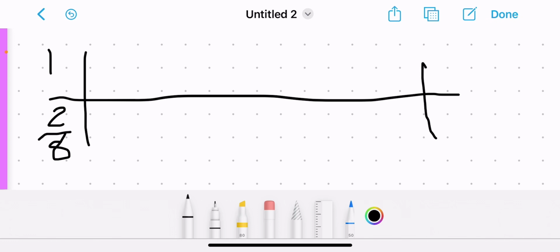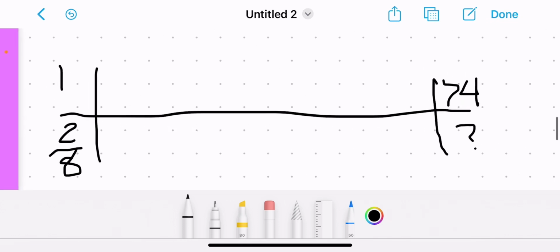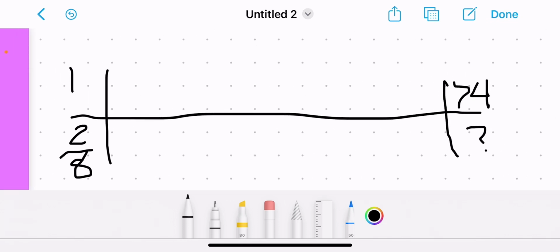On this end, I'm going to show that I'm trying to reach 74 times 2/8. I don't know what the answer to that is yet. All right, the first thing I'm going to do is build my magic numbers. So I know I'm probably going to need a 2. And that's pretty easy to find